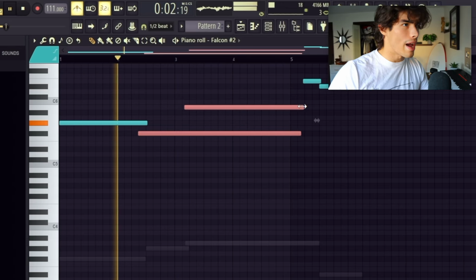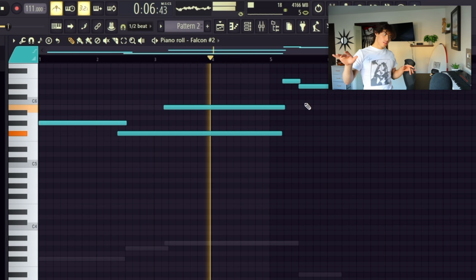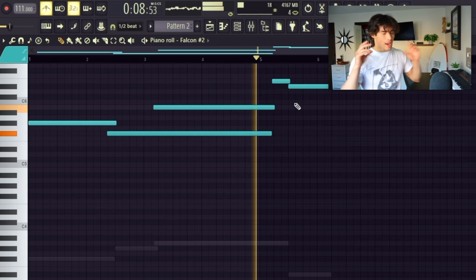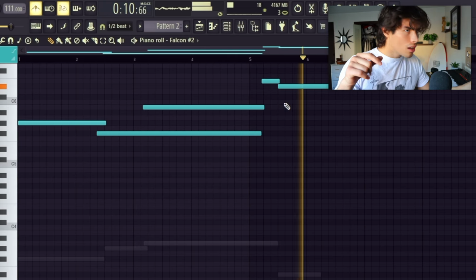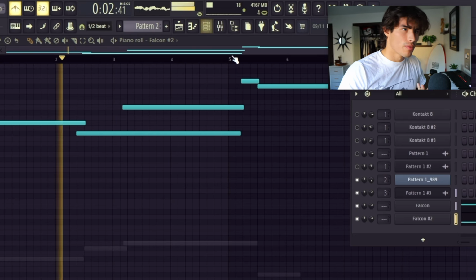Hold up, the strings are adding something else to it. I can't explain it. It's still dark, but it's like sorrowful. Alright, so now we're starting to solidify the melody, but one thing that I love doing before I just keep